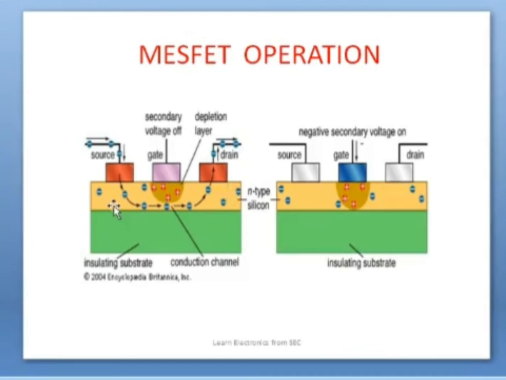Whereas if you make the gate voltage 0, or positive 1, 2, 3, something like that, then there won't be a depletion layer, or it will be very small, allowing the channel to have conduction. So there will be passage of electrons from source to drain like this. At that moment, the device is said to be in on condition. So how you control on and off is by gate voltage only. So that is the part we see here.